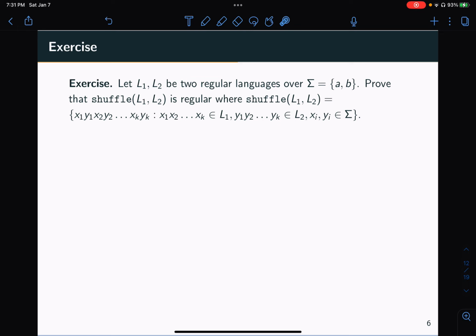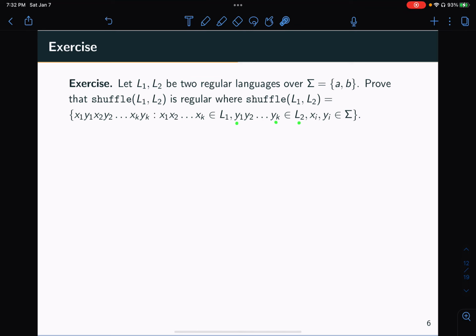And this is for any integer K. And what it does is that it interleaves these two strings together to form a new string where the letters of the resulting string are shuffled between the letters of the string in L1 and the letters of the string in L2. So that is, if I have the string x1 to xk in L1 and the string y1